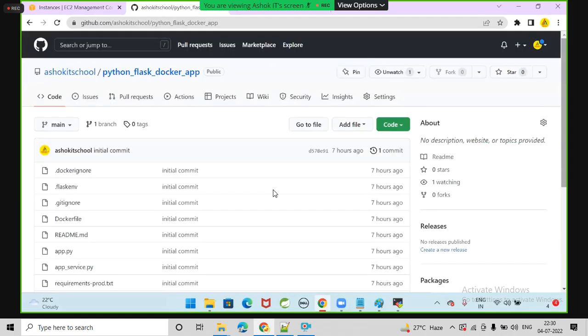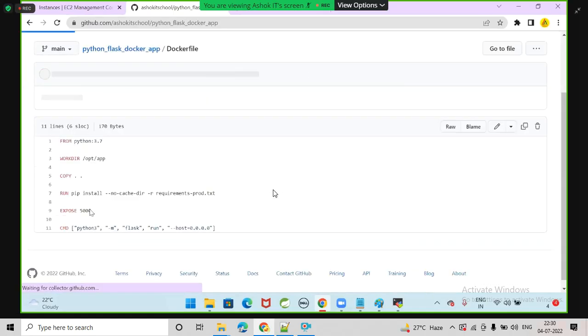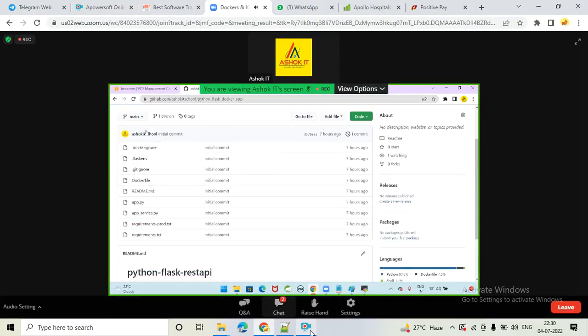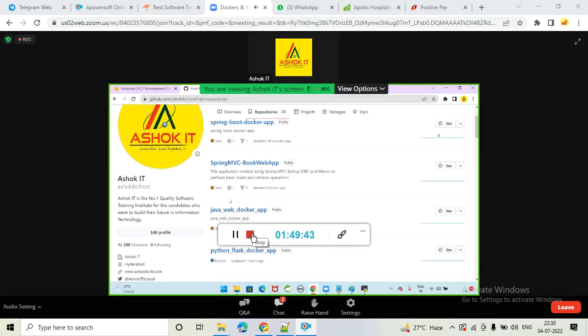Tomorrow we will talk about how to do the Dockerization for Spring Web MVC. Today we have seen Dockerization for Spring Boot. We will see the Dockerization for a Python application, for Java, and for Node.js also tomorrow. Once these things are completed, Dockerization is